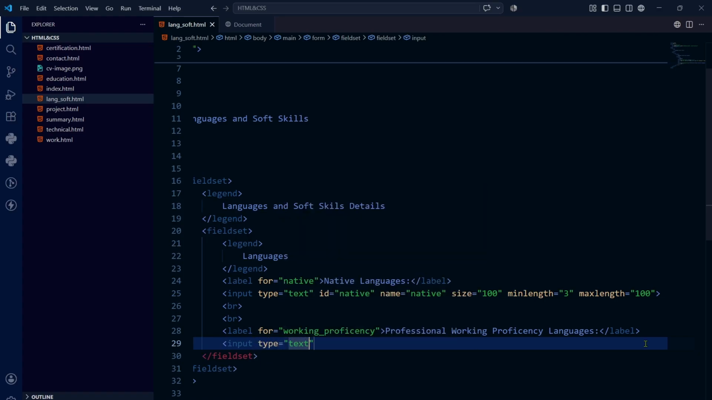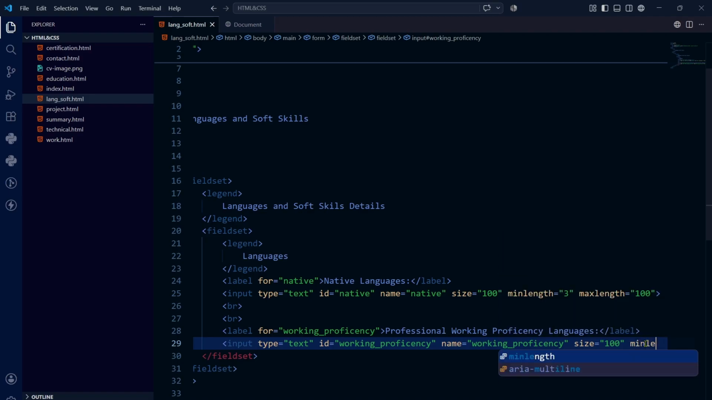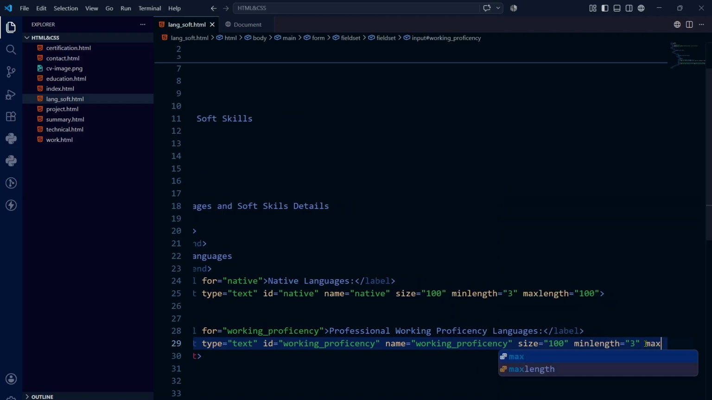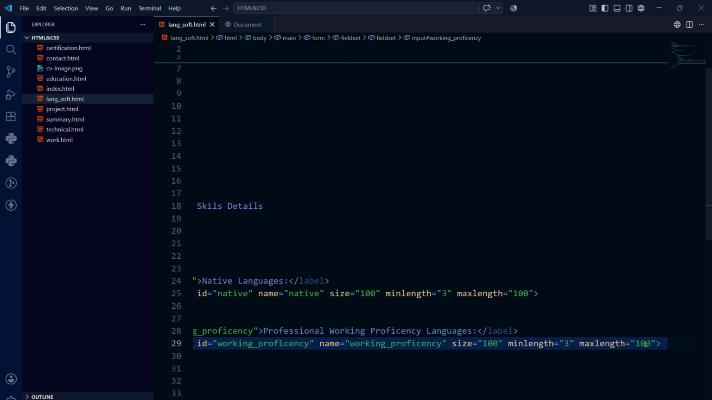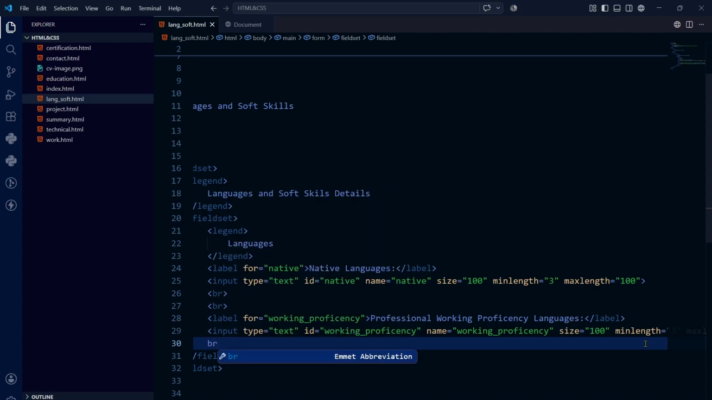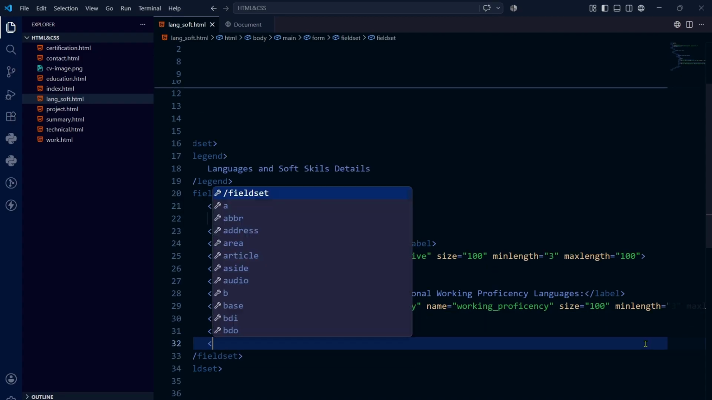Input type will also be text. ID will be working proficiency, and name will also be the same, working proficiency. Size will also be 100 here. Minimum length will be the same, 3, and max length will also be 100. Only this much, I think. br, now again write